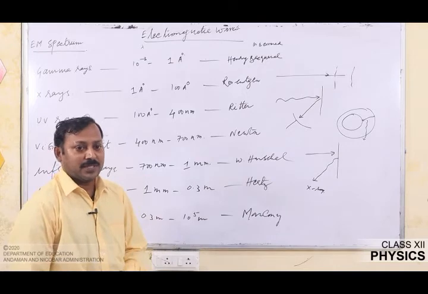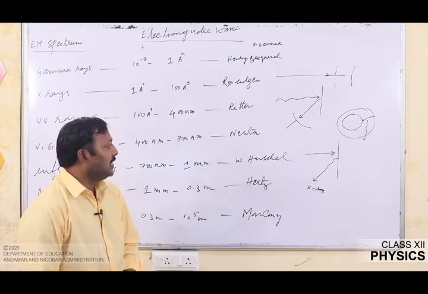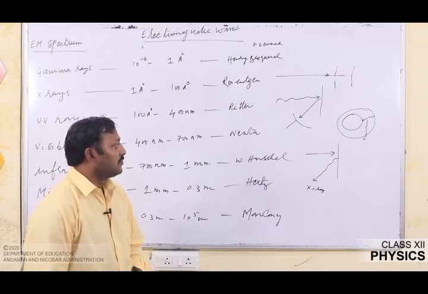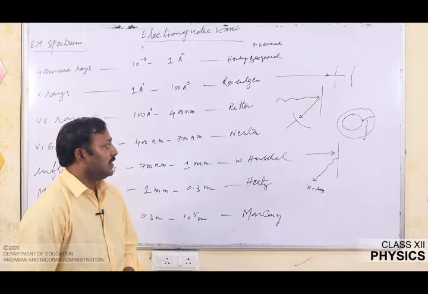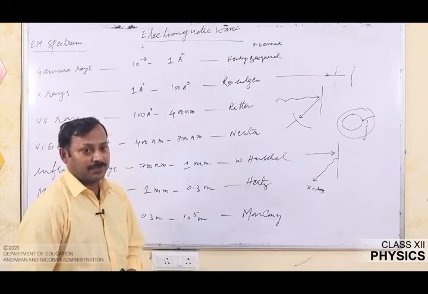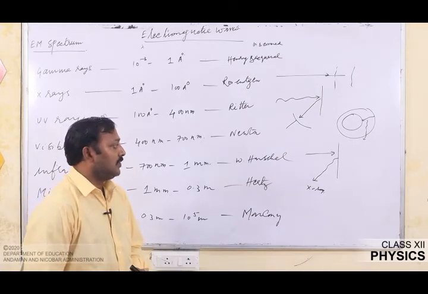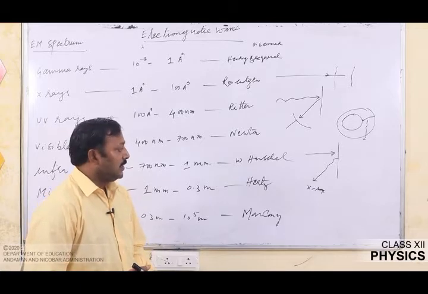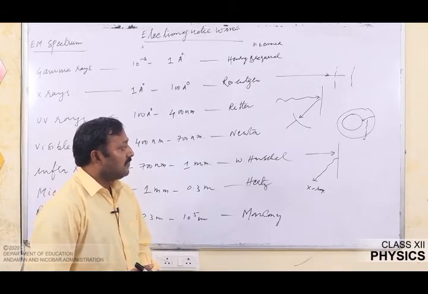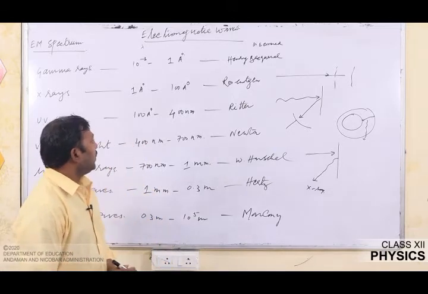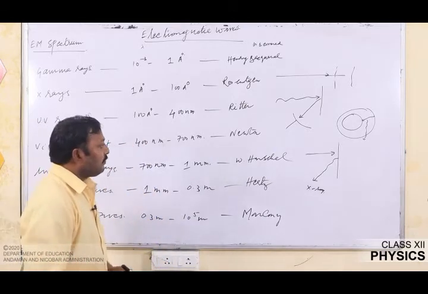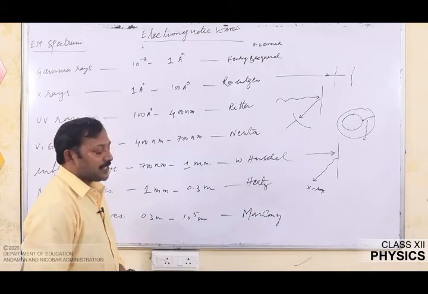So, next we will see the detection. The detection of ultraviolet radiation includes a photographic plate, because we saw that a photographic plate is affected by ultraviolet radiation. That is why a photographic plate can be used to check for ultraviolet light. Quinine coated film can also be used to detect ultraviolet radiation, because quinine coated film absorbs this ultraviolet radiation and shows